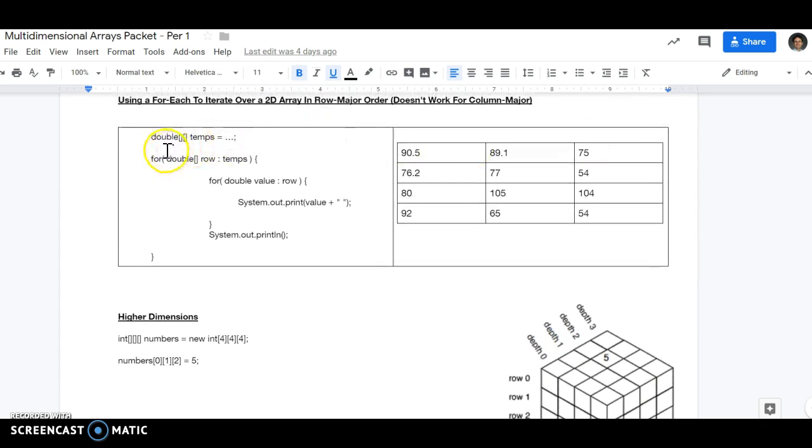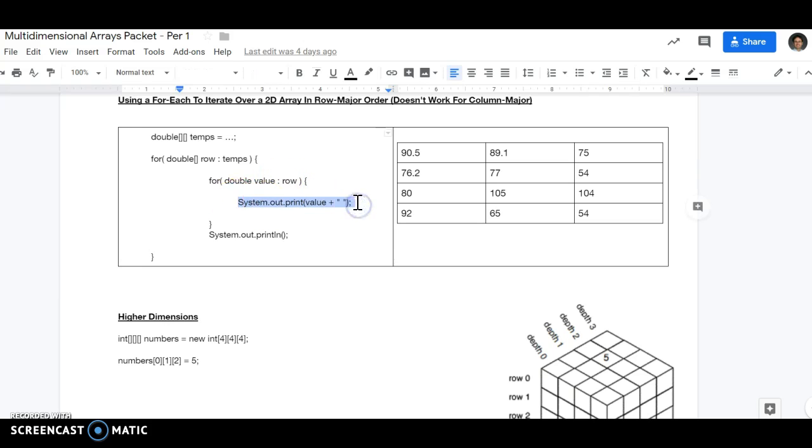I just started to talk about this, but assume we had a 2D array of temperatures. What's interesting is you can do the for each loop with a 2D array. The way you would read this command is: for every 1D array named row in the temperatures 2D array. What this is doing is selecting a row at a time from the 2D array. After you select a row, then you can do this: for every value in a given row. So now we're selecting a value out of a row, and then you can do whatever you want with it,